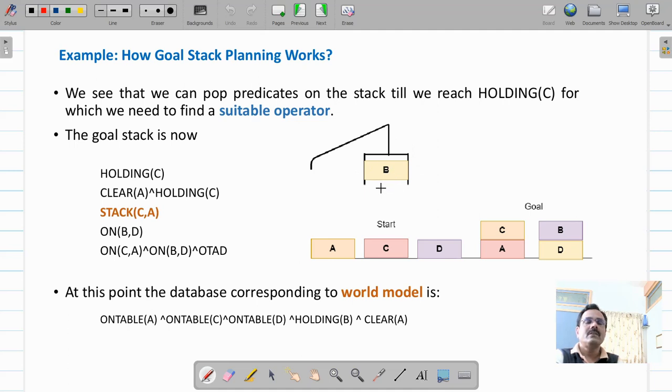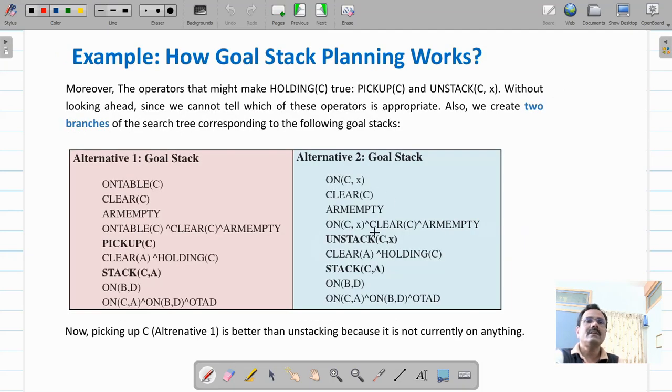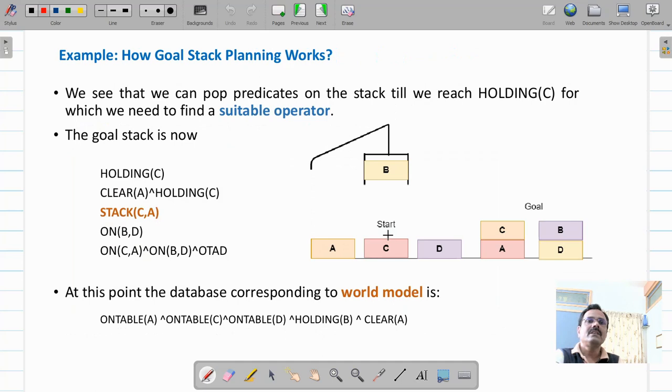So first we will have to make this arm empty. If you select the second option, unstack C X, initially it looks like unstack C X is easy to achieve because C is on table, the top of C is clear. So if you perform the unstack operation, that is easier and that will lead to the final goal state easily.